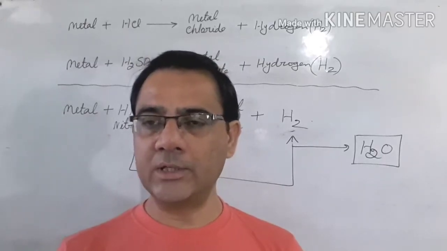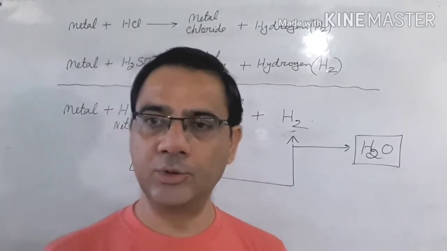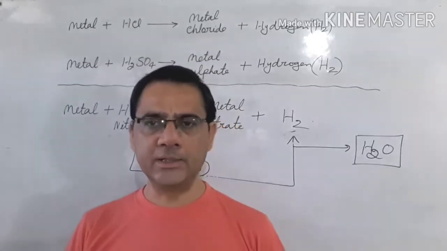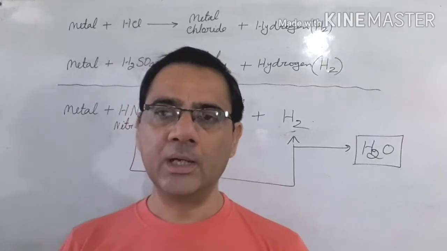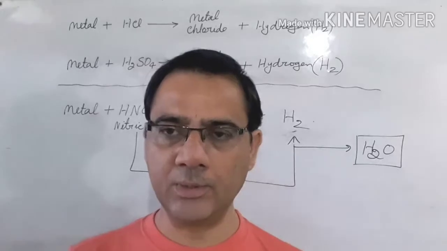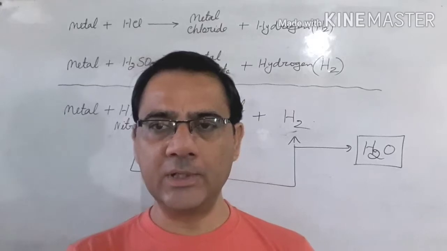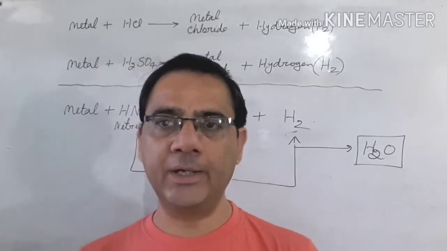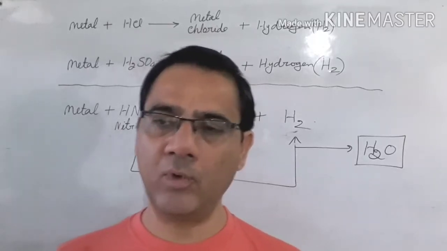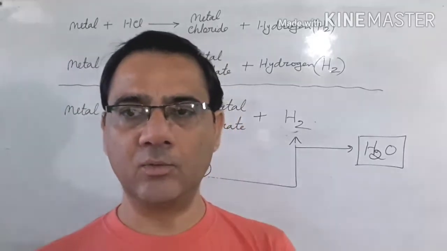So now what is the question? Question is this: what happens when the metals react with the nitric acid? Do they produce hydrogen? No. Metals on reacting with the nitric acid, in the starting produce hydrogen, but nitric acid is the strong oxidizing agent which provides oxygen during the process. So as and when hydrogen is formed, this hydrogen at once reacts with the oxygen provided by nitric acid, and hydrogen and oxygen together combine and form water. So in this case, instead of getting hydrogen, we get water.